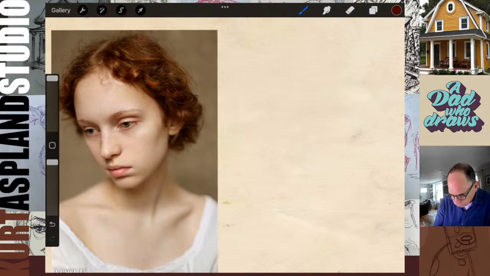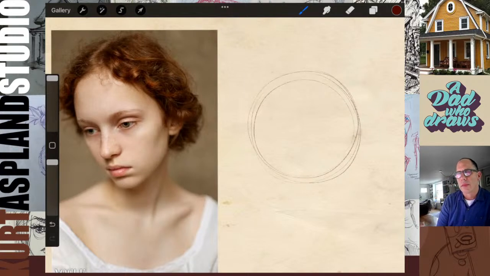So let's go ahead and start with a sphere. And in these early stages, I'm going to be using the elbow of my hand. So I'm using my whole arm to draw it, not my wrist. When I get more toward the end of this, I will use more of my wrist. Okay, so first thing, let's determine the 2D axis. She's leaning forward this way. You see that? So that's my 2D axis.